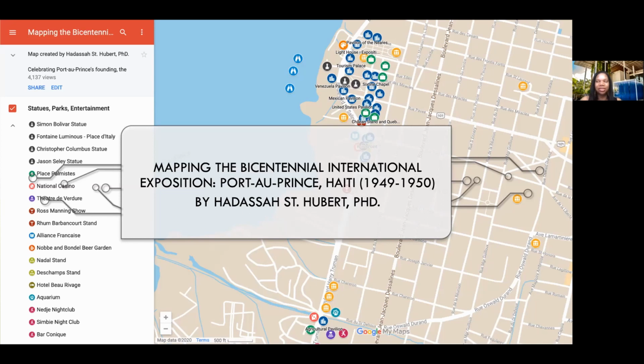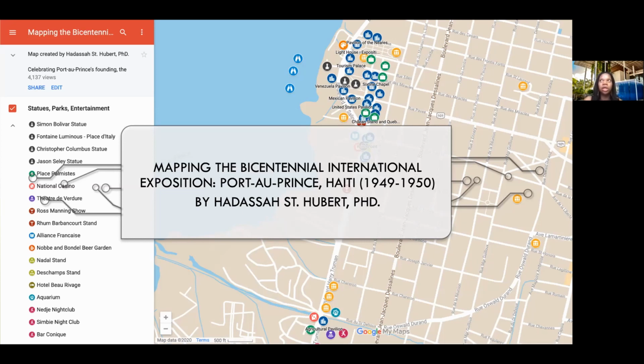And so I had to figure out and recreate much of where these pavilions were during the exposition, because you have to be approximately over 75 to remember where these pavilions were, and to have actually attended the exposition. And so this is a very Port-au-Prince project, and most of the people that I interviewed in the United States from the Haitian diaspora were of the right age, but they didn't actually live in Port-au-Prince. Very few of them did. And so with the help of the few that did, I managed to relocate where a lot of these